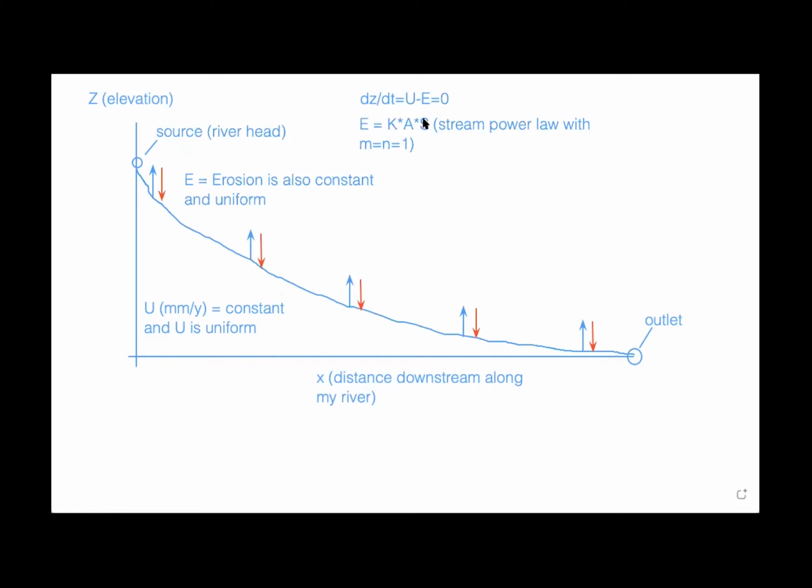You need to have a proportionally smaller slope. As drainage area increases downstream, if you don't do anything to the slope, your erosion will increase downstream. So as drainage area increases downstream, slope decreases proportionally to keep erosion constant. And that's why you have a concave longitudinal profile in this type of setting. I know this is fully theoretical, okay, but this is what explains why you have a concave longitudinal profile, and